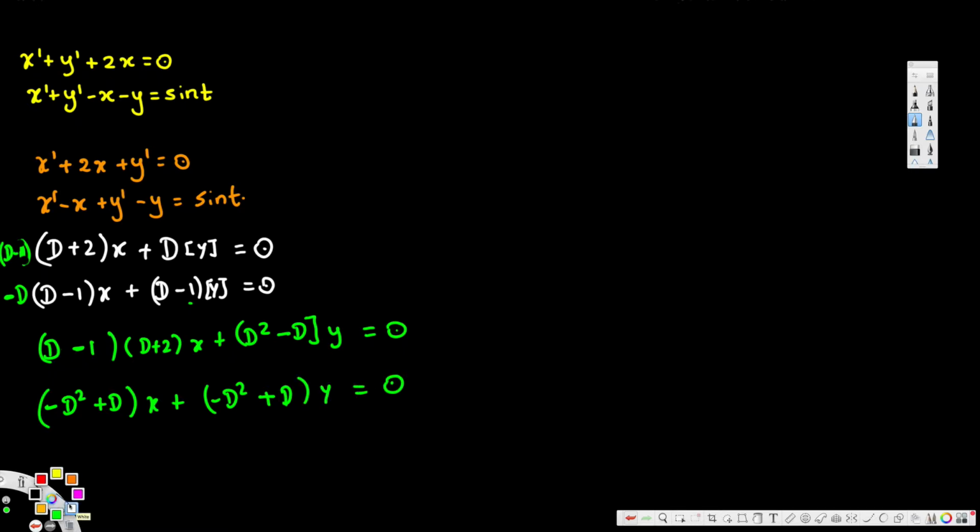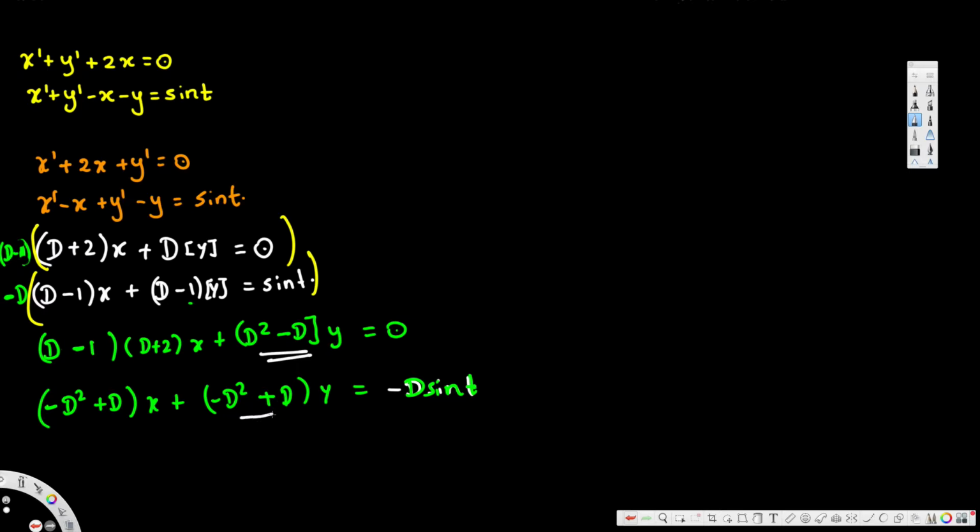Here, if you compare these two, this one should be sine t. Here I forgot to put sine t, and the D multiplies everything. So here we should have negative D sine t after the equal sign. Now if you compare these two terms, here D squared minus D times y,